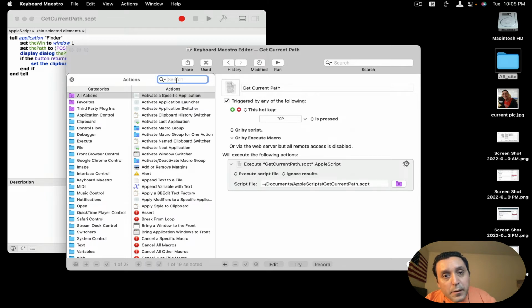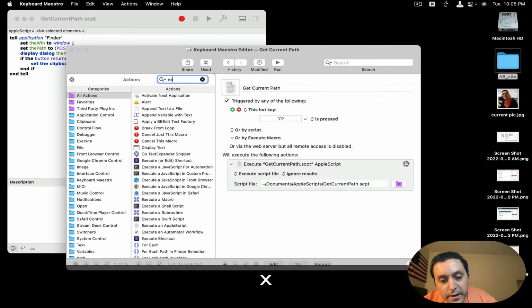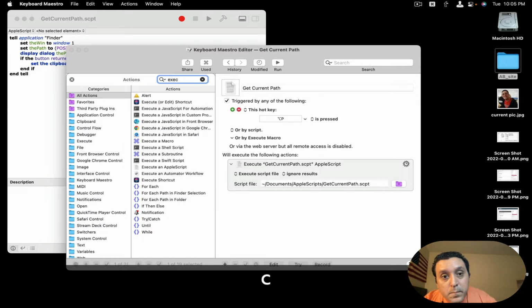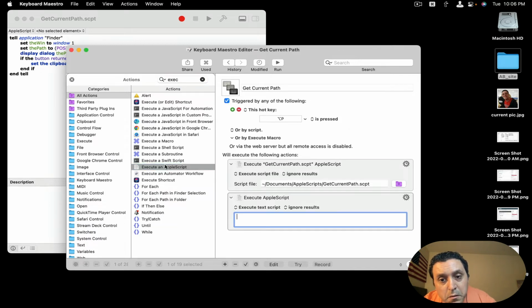And then you would type execute for execute an AppleScript, and here's an AppleScript, and you would get this dialog box where you can either paste the script in here from here, or you can select the file path by changing this to where you've kept the script on your machine. That's all you need